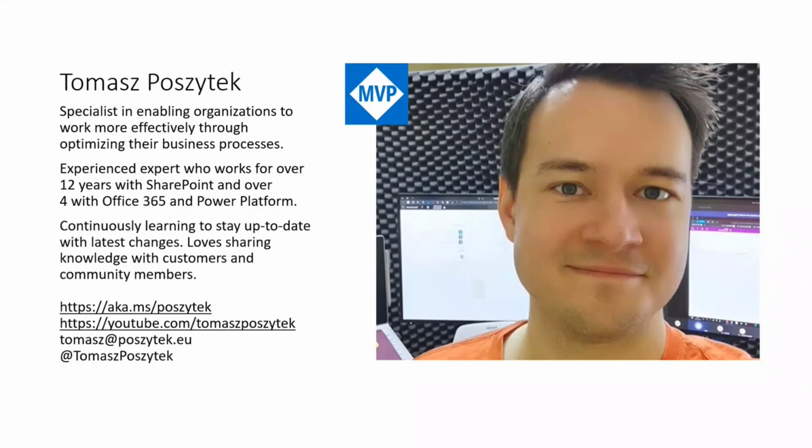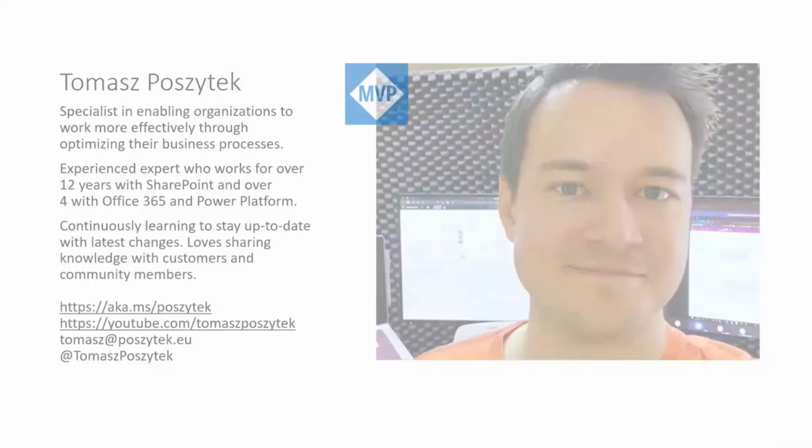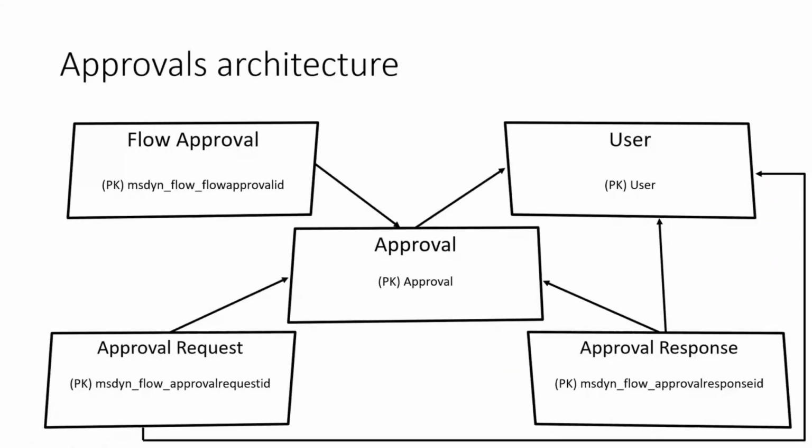All right, so I'm going to talk about the advanced scenarios in Power Platform approvals. And the first thing that we need to know is that the built-in Power Platform approvals, the Power Automate approvals that we can use in Microsoft Teams as well, are working on Dataverse, of course, and there are a couple of tables which are taking part in the approvals. And by telling you this, I want to show you some scenarios that you cannot simply achieve by using the out-of-box functionalities. And so first of all, there is the main table that is called approval, which is storing like